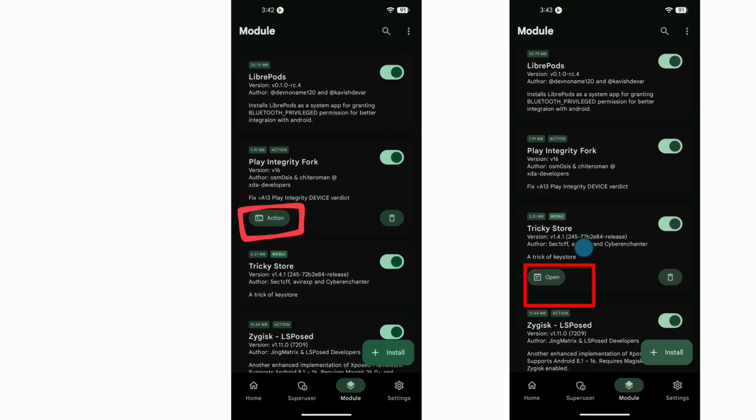what you do is pretty simple. At first you do Play Integrity Fork. If you click on it, right here, then you will see the action button. Clicking the action button, it will do something. I recommend rebooting again. It doesn't hurt to reboot. After rebooting, come this way. Click on Tricky Store, and you will see the open button instead of an action. Once you click open,